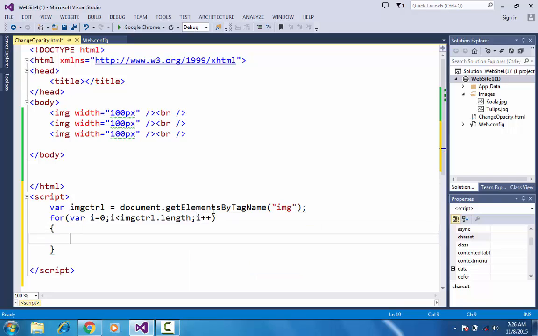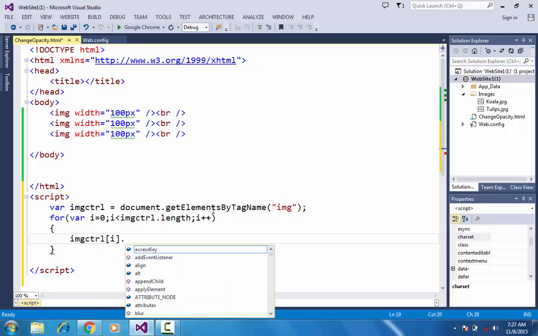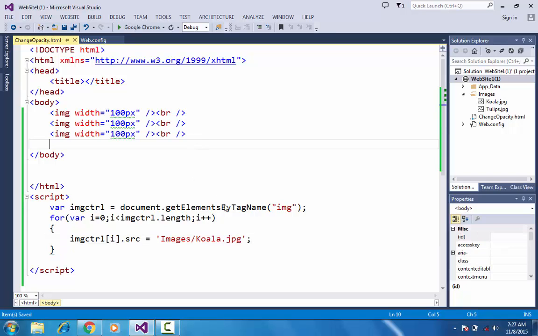Now let me set the source of the image control using the image control I, its index, and I have to use the source property, and in the source property I will put the URL of my images, .jpg.